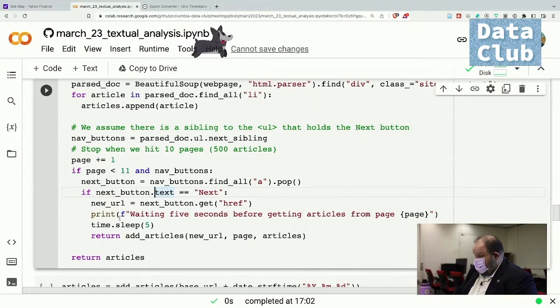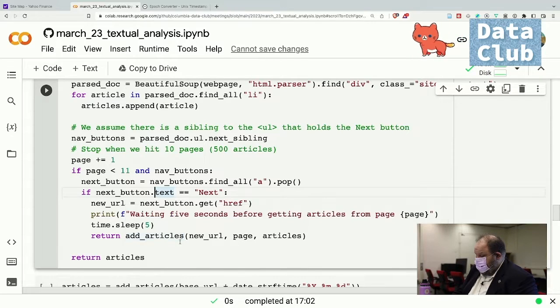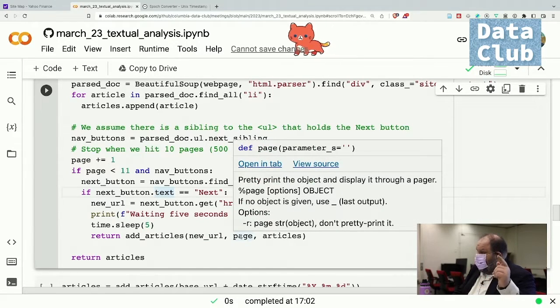It prints, waiting 5 seconds before getting articles from page blah blah blah. It sleeps for 5 seconds, and then this is the extremely tricky part. It then calls itself. Recursive. It's recursive, yes. So it calls itself with the new URL, sending in the new value for page, which has